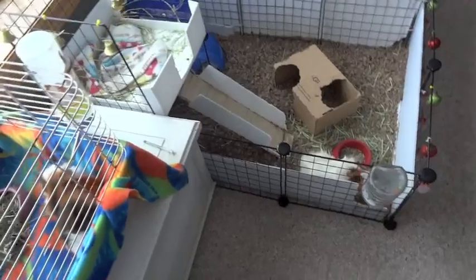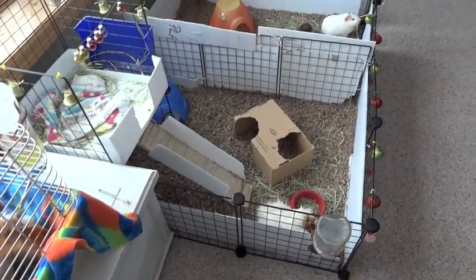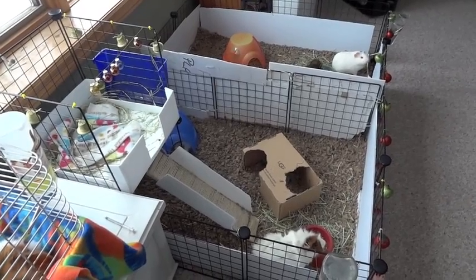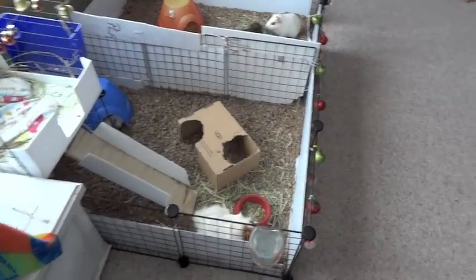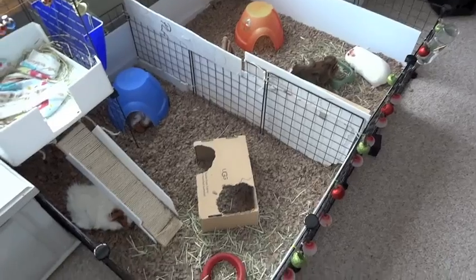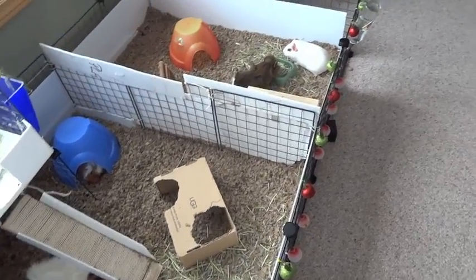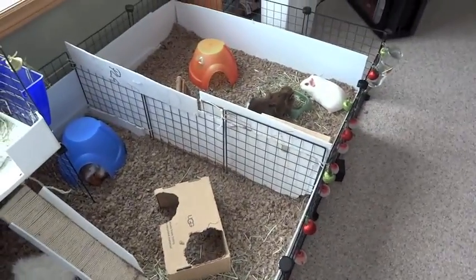And from what I've read, things that can cause urinary tract infections, sometimes they just get them. It can be if you don't clean your cage enough, if you are feeding an improper diet, that can lead to bladder stones, or it can just be genetics, or just it's quite common for them. And so I don't know if it's because I've switched from fleece back to bedding, but I really don't think that would be enough to cause it, because this bedding, I change it quite regularly, and it's very good at absorbing,